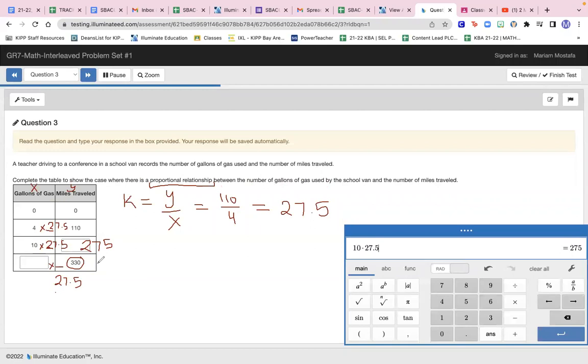But if I don't know what times 27.5 gives me 330, we do the inverse, right? So if I want to figure out what times a certain number gives me an answer and I don't know, we can always divide. So I'm going to do 330